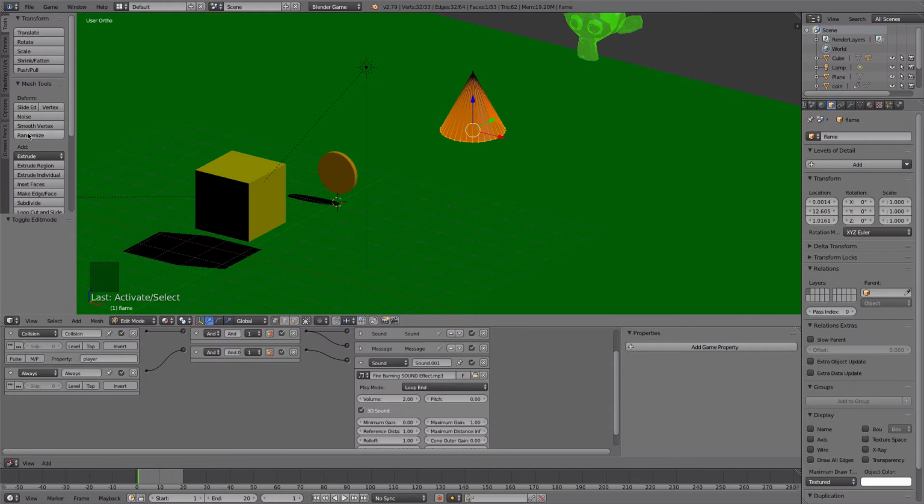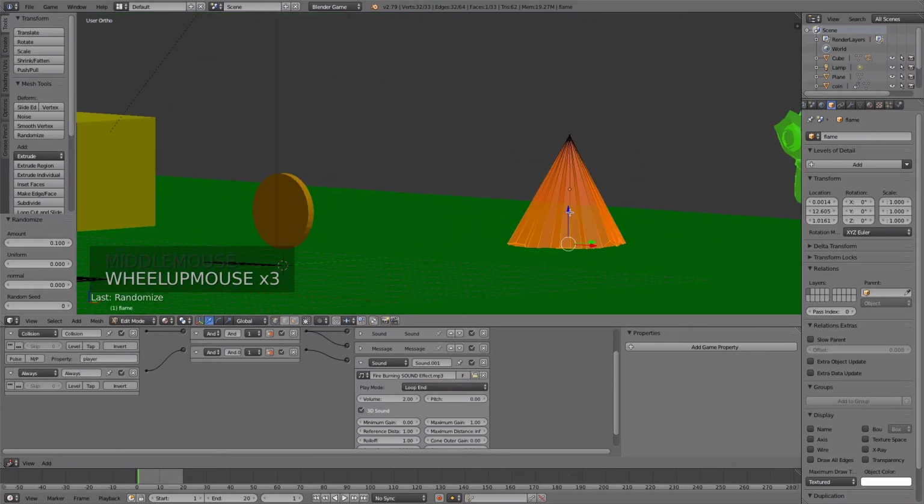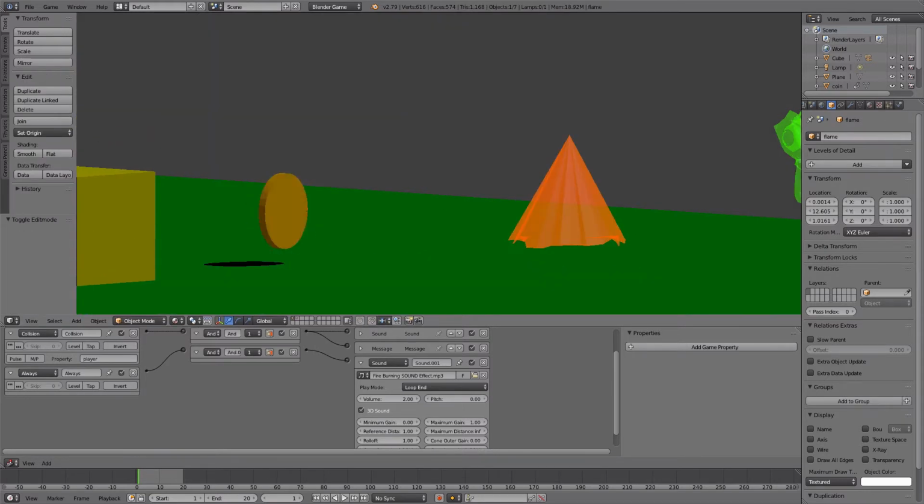Over here under Transform, I'm going to click Randomize, and you're just going to jumble those vertices a little bit, just to give us a little bit of unevenness. Drag that up a little bit, and now when we play,